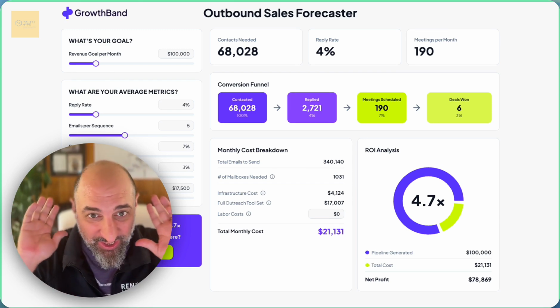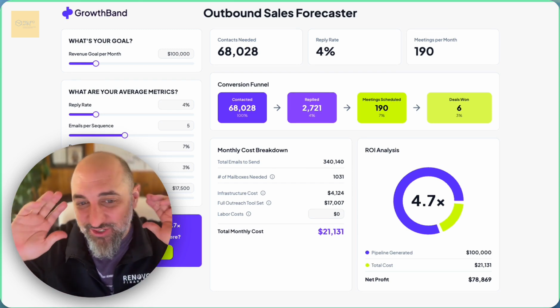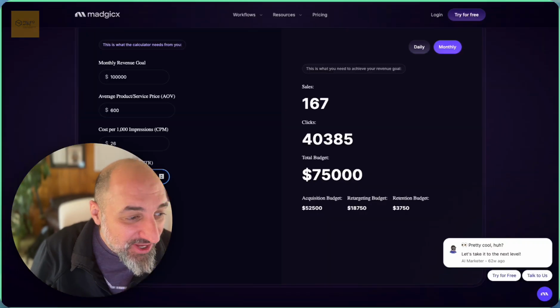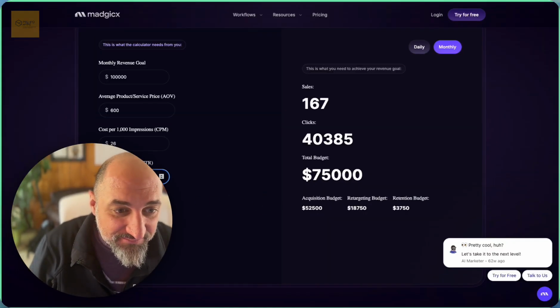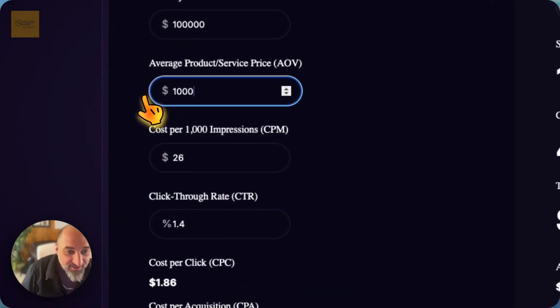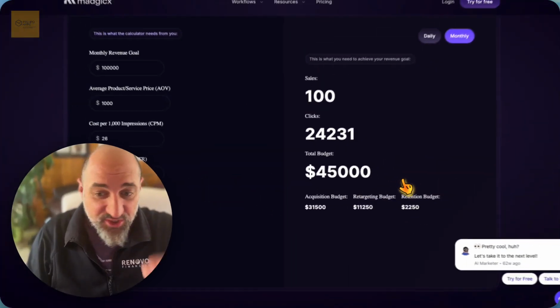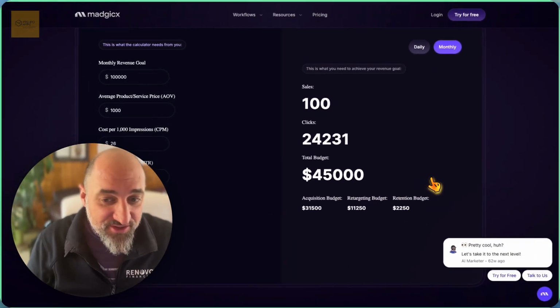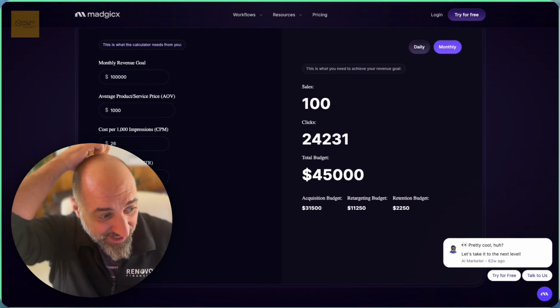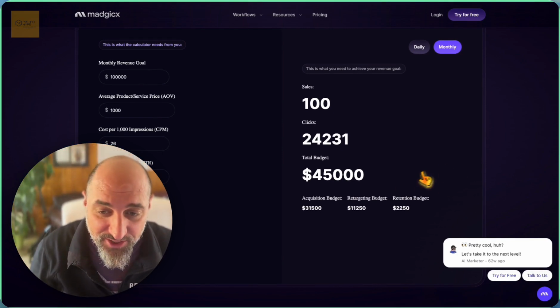So these are a couple of strategies. Like you're looking at the cold outbound, just blasting people with emails. Got the paid ads, right? If you're looking at this number right here, this is a 2 return on ad spend. You put $1 in, you're getting $2 out, but you've got to have this budget per month.